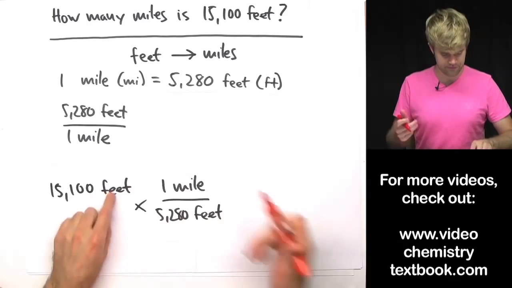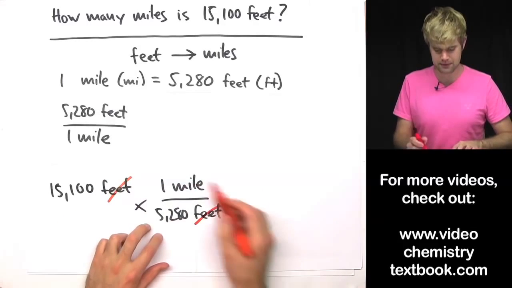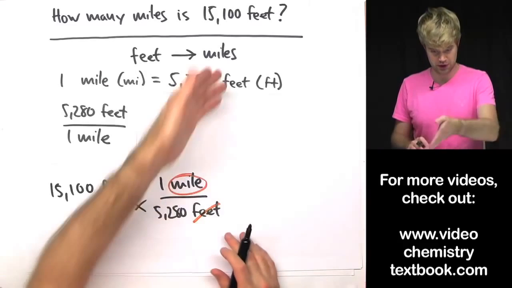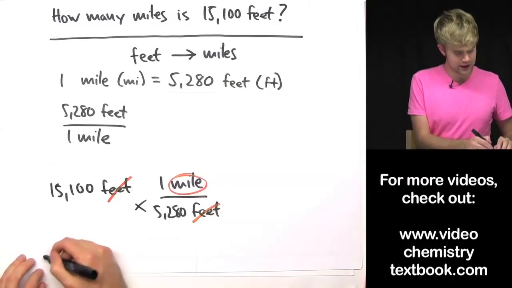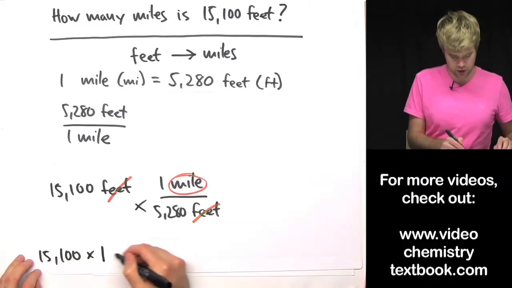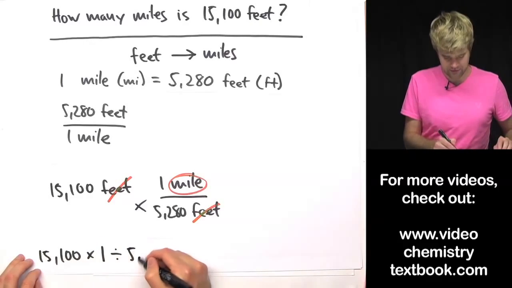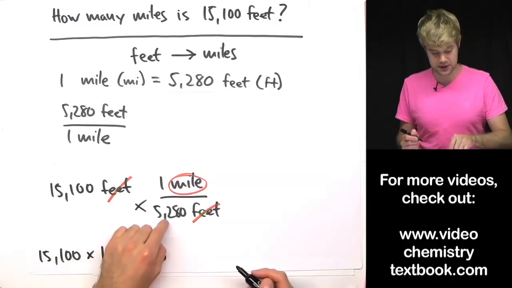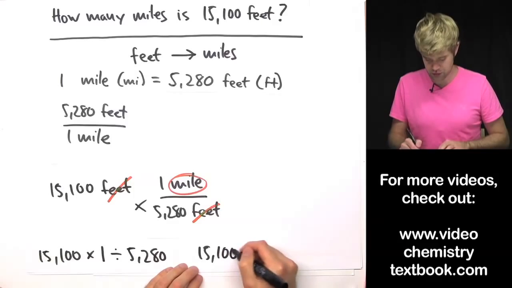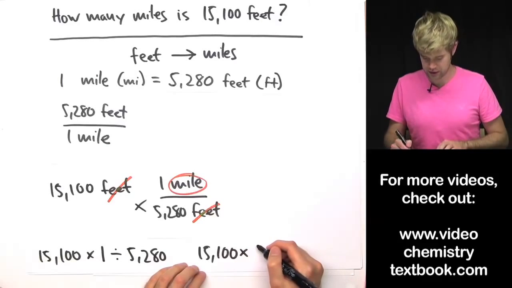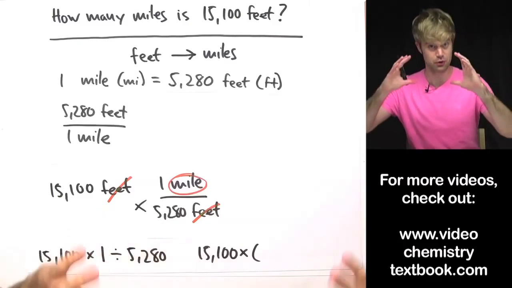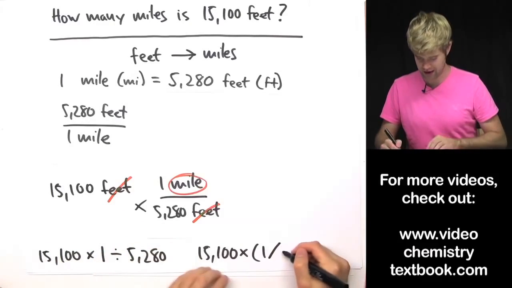And now feet on the top and feet on the bottom cancel out, and they leave me units in miles, which is what I'm looking for here. Now, how do I do the math? I'll do 15,100 times 1 divided by 5,280, because it's on the bottom of the fraction. Or if you can plug larger expressions into your scientific calculator, you can do 15,100 times, and then in parentheses, you can do 1 divided by